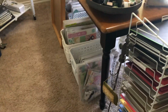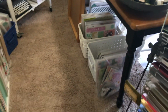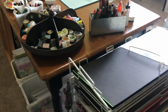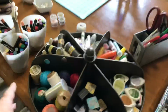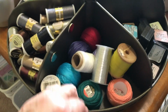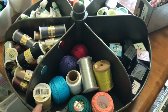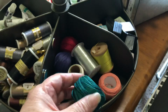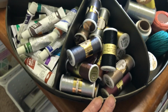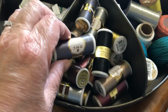And then that's where I hold some of the 12 by 12 paper pads, down there. And then on the table, we have this caddy. It holds, this is thread by DMC. And then this is special thread by DMC. And then this is all different. This is beautiful. It's like my favorite tray. I love this. And this is DMC,